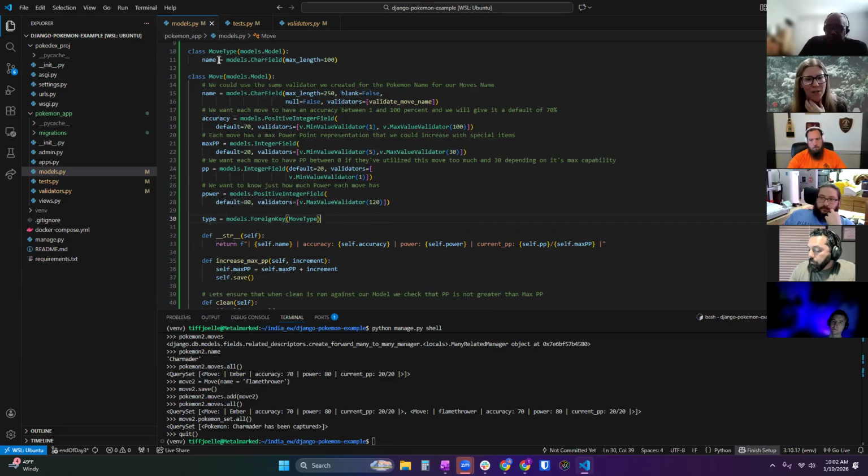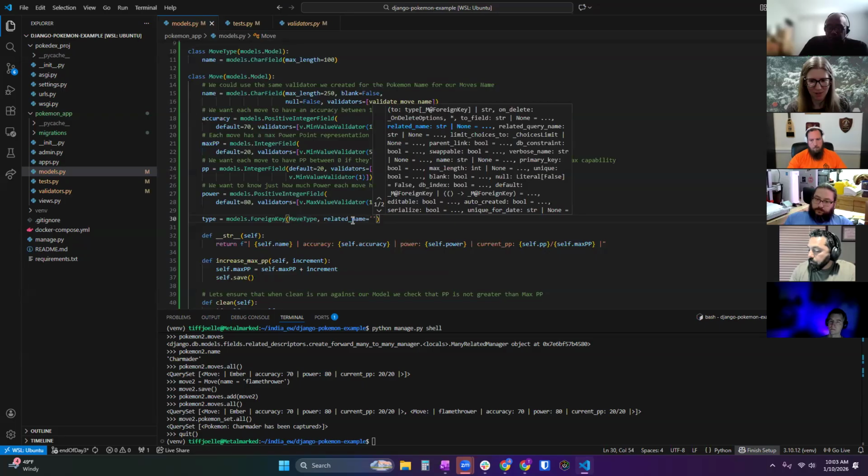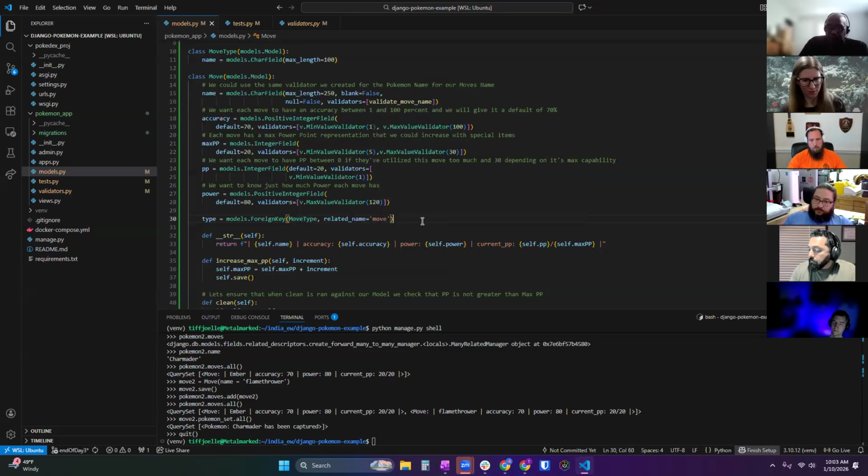But then we could query with the related name from move type and say, give us all moves where move type equals, or sorry, move type equals fire. So let's use moves as the related name so we can query from the other table as well, because I will do move type dot moves dot all. That seems right. I don't want to do move type dot move dot all. Either or, dealer's choice. It doesn't matter.